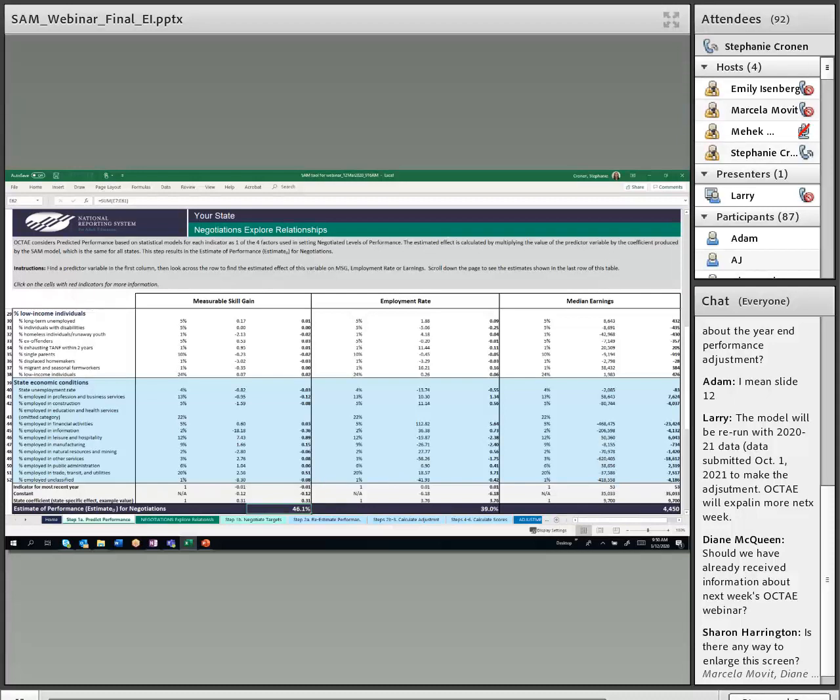This sum gives us an estimate for each indicator.